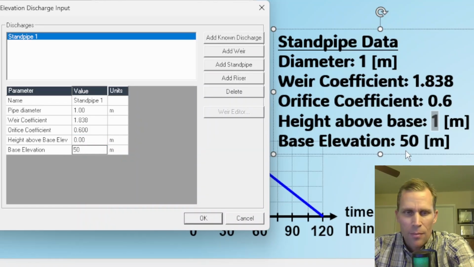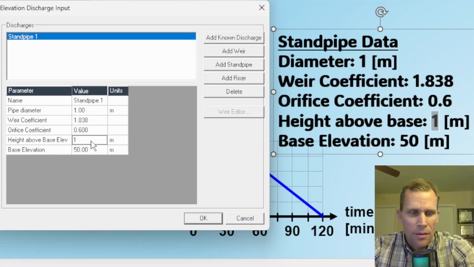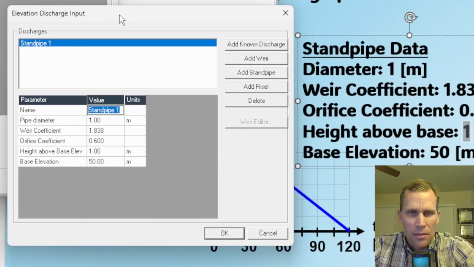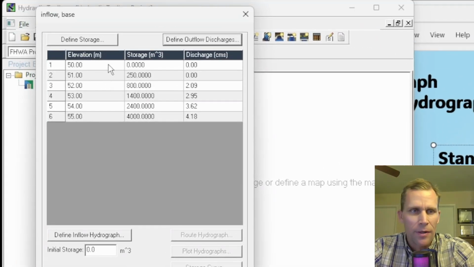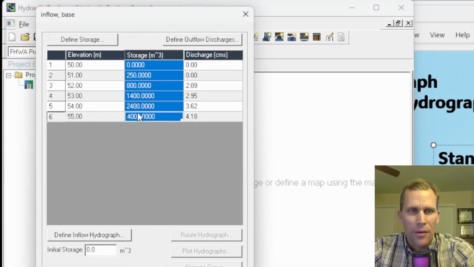Sorry about the number issue there. Height above the base elevation is 1. That's correct, so this data is all good to go. I'm not going to add any other discharge features, just one standpipe. I'll click OK. All right, so now we have our table that's been developed for the elevation and the storage